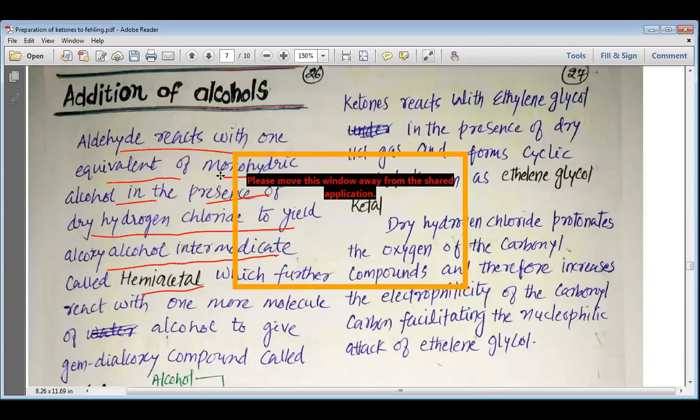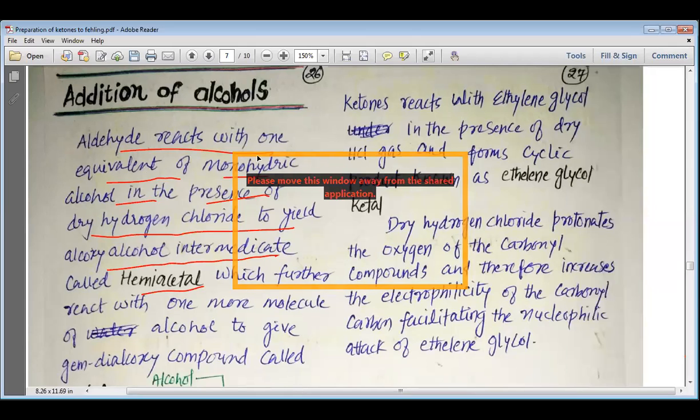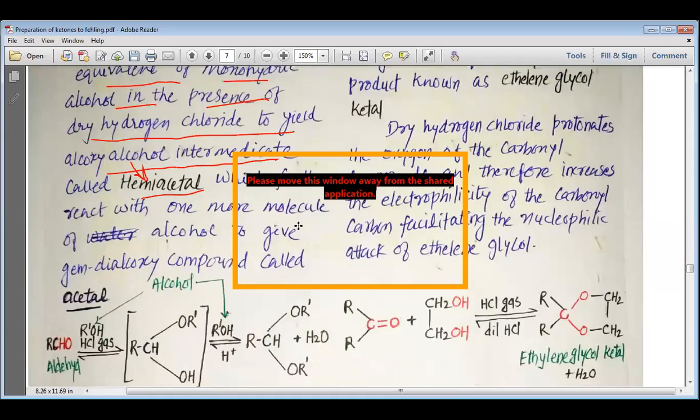Monohydric alcohol means alcohol that has only one OH group, or one hydroxyl group. The alcohol that has only one hydroxyl group is known as a monohydric alcohol. So it reacts with the monohydric alcohol in the presence of dry hydrogen chloride to yield alkoxy alcohol. This alkoxy alcohol itself is known as the hemiacetal, which further reacts with one more molecule of alcohol to give